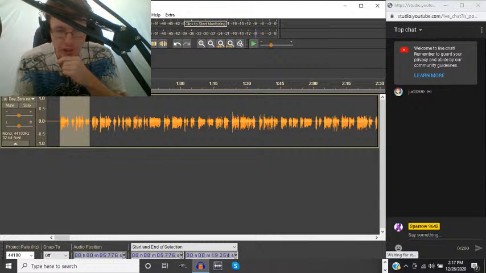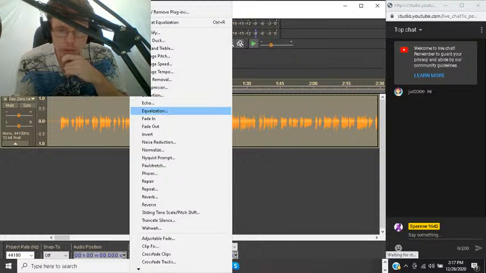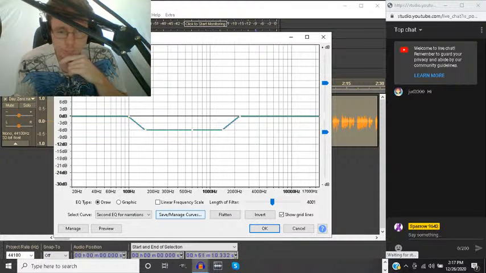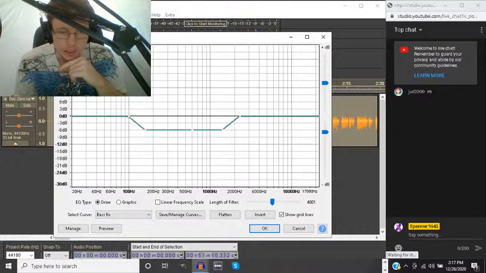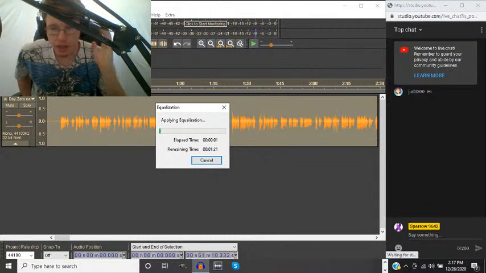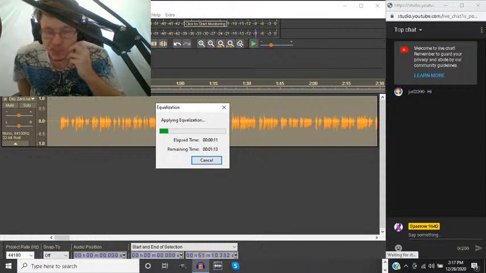And now we can just go like this. Equalization. Because that took the mids out. Now we're going to go for bass fix and see if this helps. Then apply the regular EQ, because the mistakes and all that are already taken out of this audio. But I need to look for plosives and all that, so this is going to be a while. This is a longer reading too, so